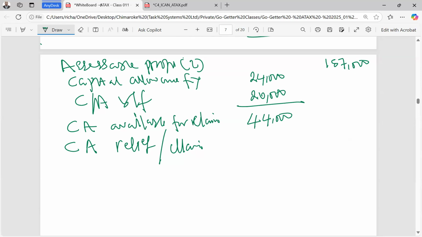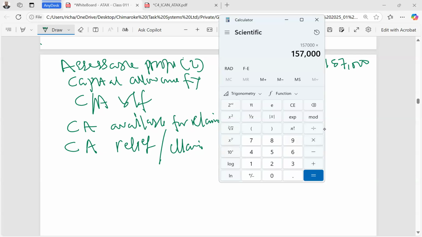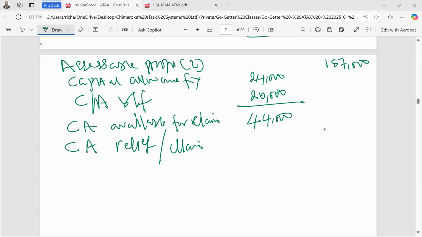So let's do it now. We already have about 157 here. Just say multiplied by 2/3. So this is the highest you can claim. 104,667. This is the highest. You cannot claim higher than this. Now check. We have 44,000, which is far lower than that. Meaning that you can go ahead and claim everything, 44,000. You can go ahead and claim your 44,000 because it is not up to the maximum claimable. So this is how you claim it.